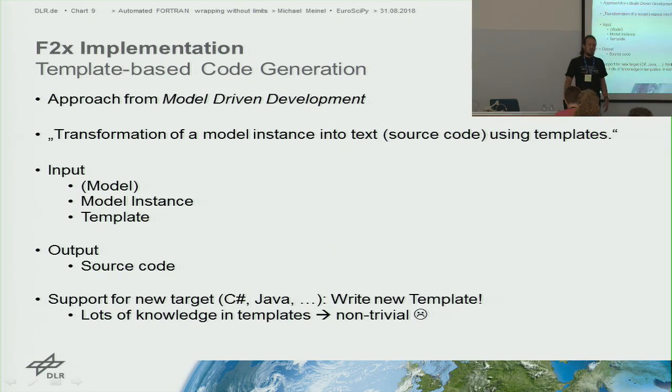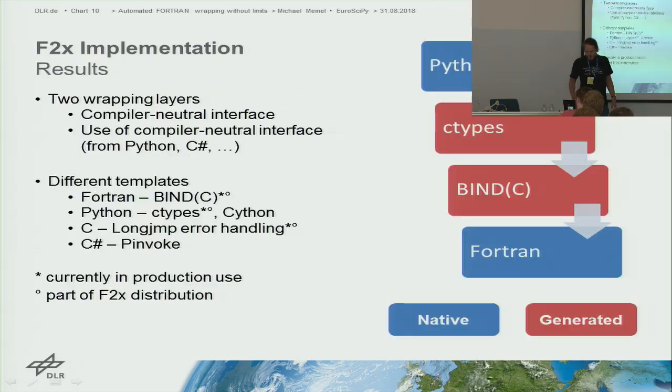And that's a pretty cool approach because this way I can really experiment with different templates for different approaches for wrapping. Like I have 3 or 4 approaches for exporting the Fortran features to C code, and then I have different templates which use this C code. For example, my ctypes template, which is currently the state of the art in my wrapper, but there's also some experiment with C# at the beginning. As I told, they thought about integrating it directly with C#, and there's also some experiments going on with using Cython for better integration.